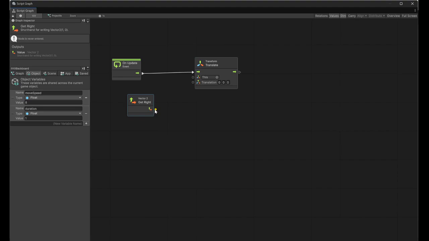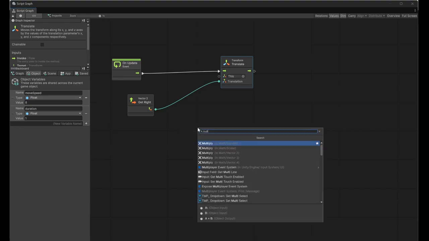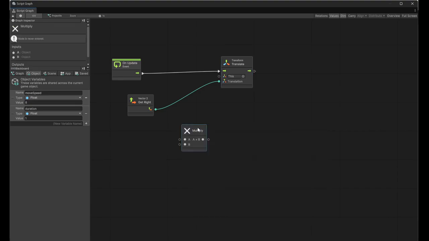Okay, so if you remember from when we did the player movement, if I attach this right here, vector 2 right is the vector 1, 0, which means 1 meter to the right, 0 meters up, and that is going to happen every frame on this computer. That's going to be about 600 times per second, so that is going to make our bullet fly very, very quickly to the right. So let's go ahead and add a multiply from math generic,